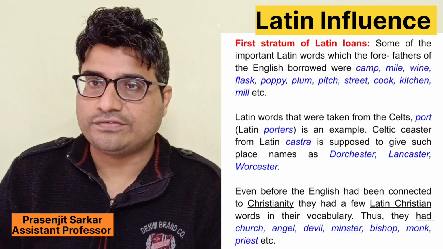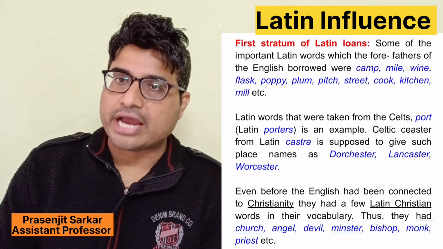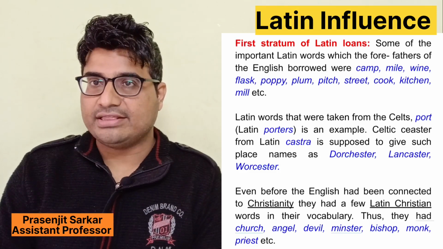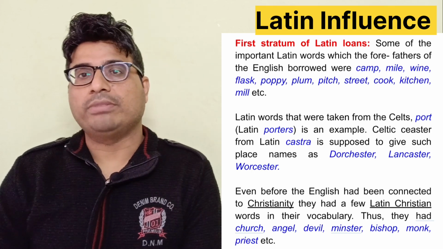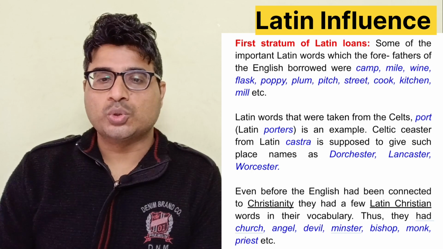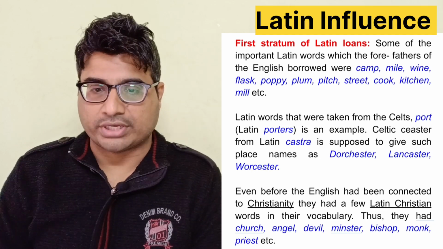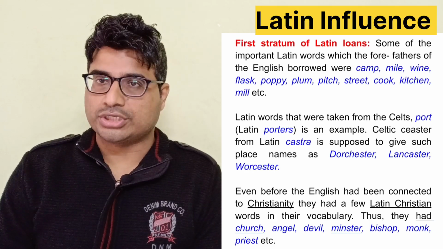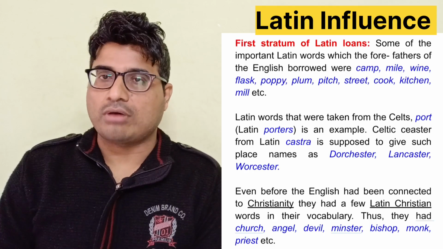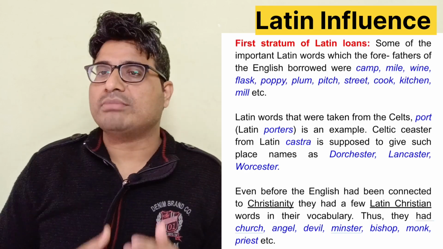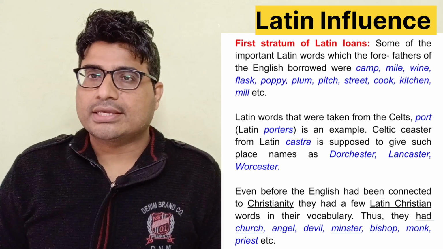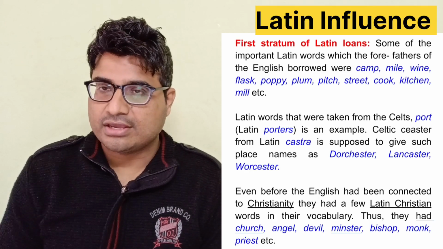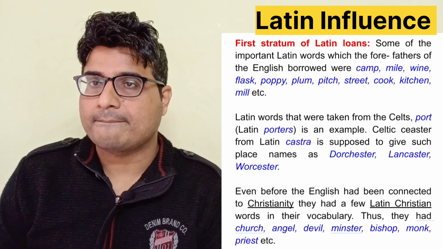The forefathers of the English derived some Latin words, these are camp, mile, flask, poppy, plum, pitch, street, cook, kitchen, meal, etc. Many words were taken from the Celts. One such example is port, which was actually taken from Latin portus. There are some other examples like Celtic caestra from Latin castra, or camp, and this has produced such place names